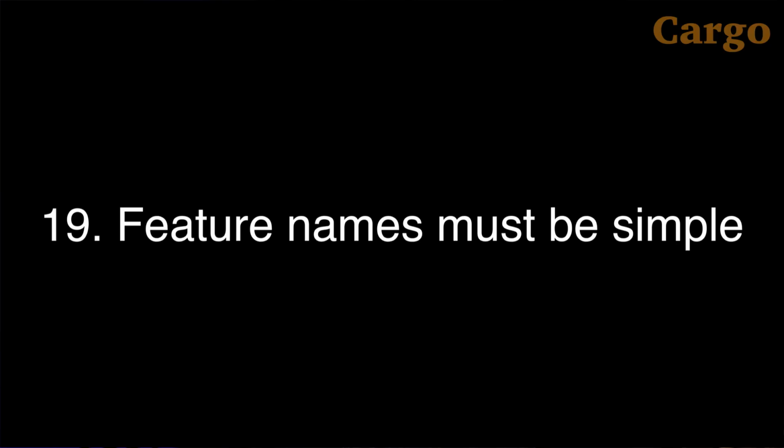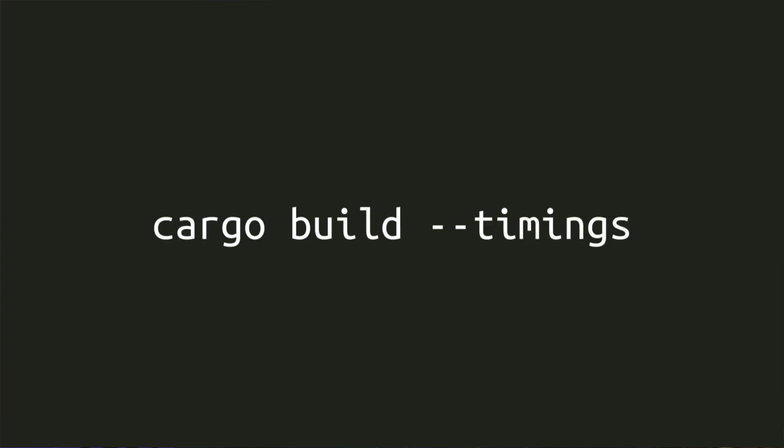Number 19. Feature names must now be only letters, numbers, and underscores. This is to resolve security issues such as CVE-2023-40030, where, apparently, you could use JavaScript code as your feature name, and then if you ran cargo build --timings, the generated HTML report would contain the JavaScript code which would run when you opened it in a browser. I have to admit, it never occurred to me that you could use arbitrary code as a feature name anyway,